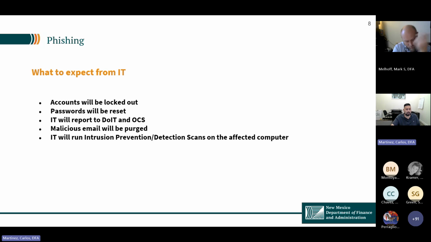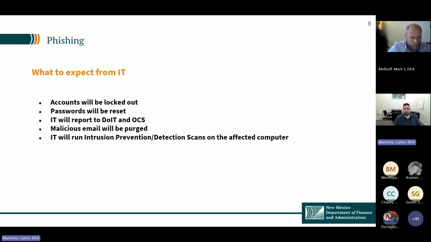There is going to be some alerting that comes in from cybersecurity stating that there is a malicious link that got clicked, and being able to remediate that as quickly as possible is going to be the best thing for us and yourself. So definitely reach out to us immediately.